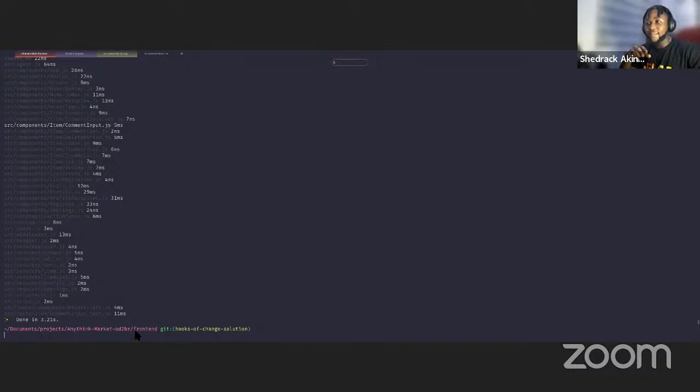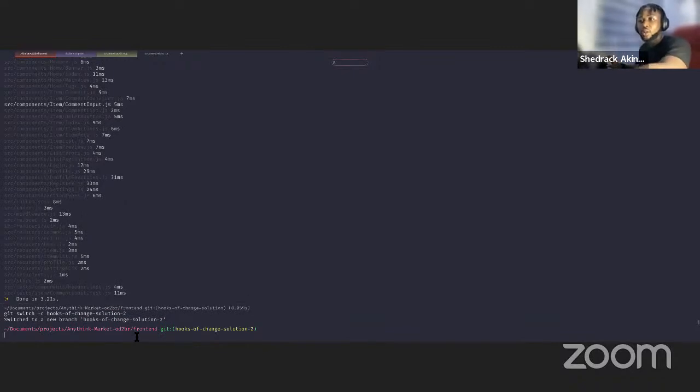Since I have not committed anything here, the best way to do it, which is something a lot of people don't know about, is to do a git switch -c. So let's call this hooks of change solution 2. Basically what this command does is it's going to take all the changes we've made in the previous branch and migrate them for us to the next branch we're creating. So if I run this, it has created the branch. So if I do a git status,